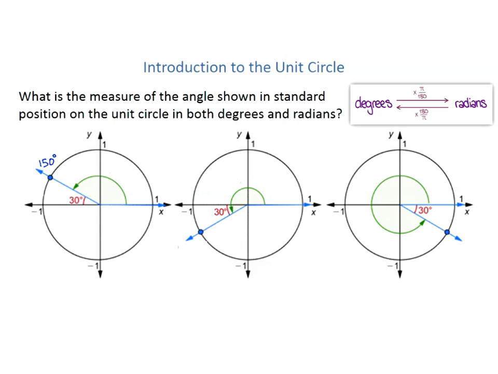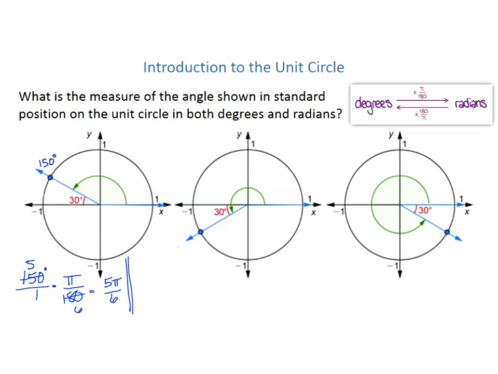we can do this two ways. Let's do it using the formula. 150, we'll put it over 1, times pi over 180. I can simplify, I can divide both of these by 30, and I get 5 and 6, and that's 5 pi over 6. The other way you can think of it